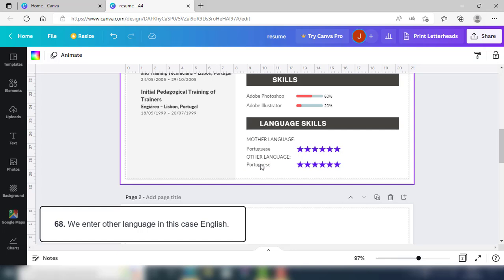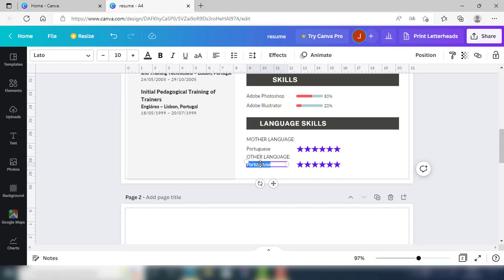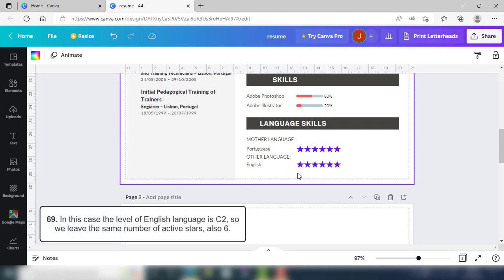We enter the other language, in this case English. In this case, the level of English is C2, so we leave the same number of active stars, also